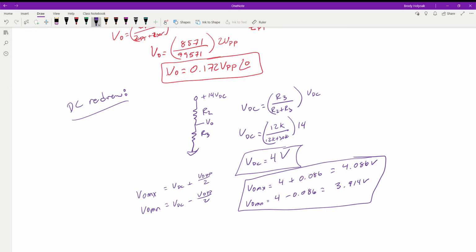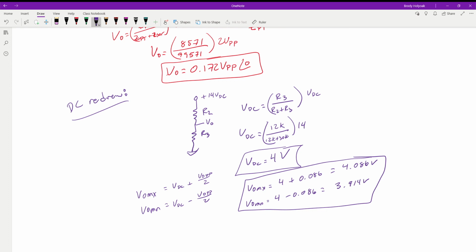Basically the idea behind this is we're biasing our circuit to set up the DC parameters, and then we're plugging in an AC signal, and we're going to analyze it and find out how much of that signal is getting to the output. Now that I have these two pieces, my DC level, which is now my zero, and I'm going to vary up and down by my AC signal, which is our peak to peak, how much am I going to vary by? Well, that's what we solved for there.